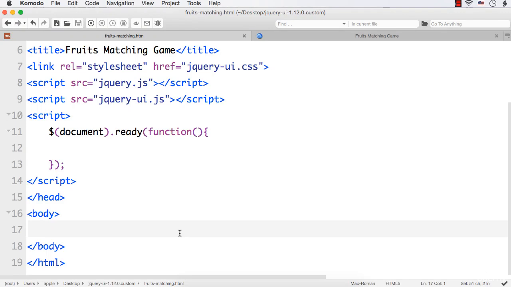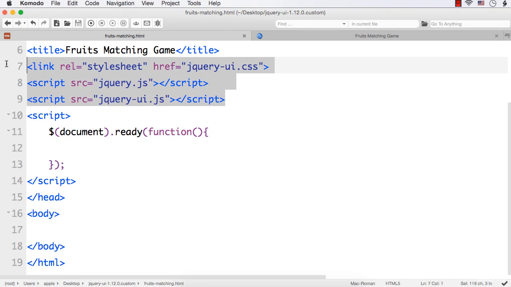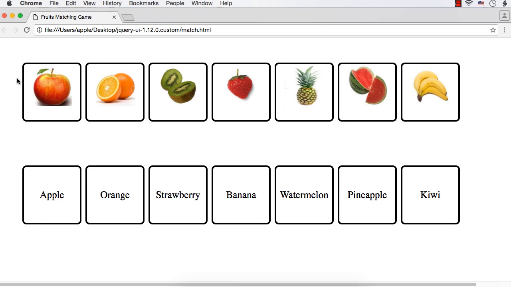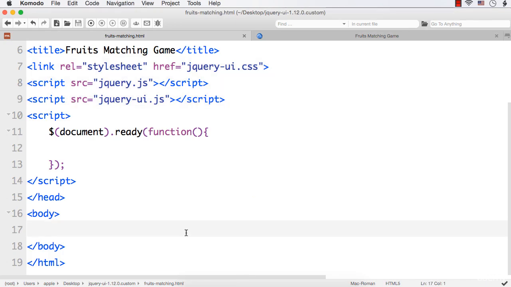Now let's try to develop the fruits matching game from scratch. So this is a basic web page and I have added references to the required jQuery and jQueryUI files. Now as you see here, we need to have two sections, right? This is the first section that displays the images of fruits and this is the second section that displays the names of fruits. So let me add two div elements within this to display the images and to display the